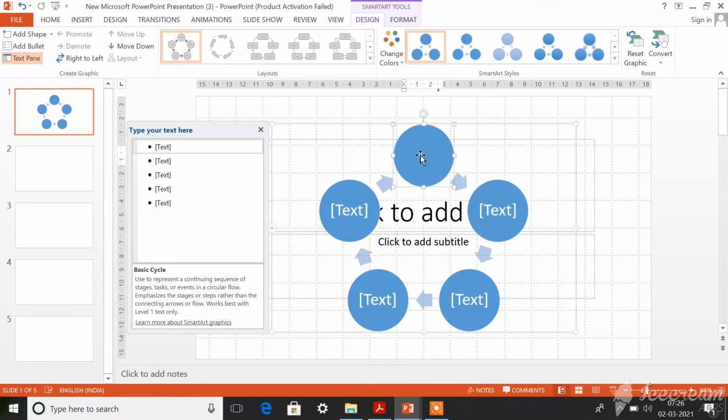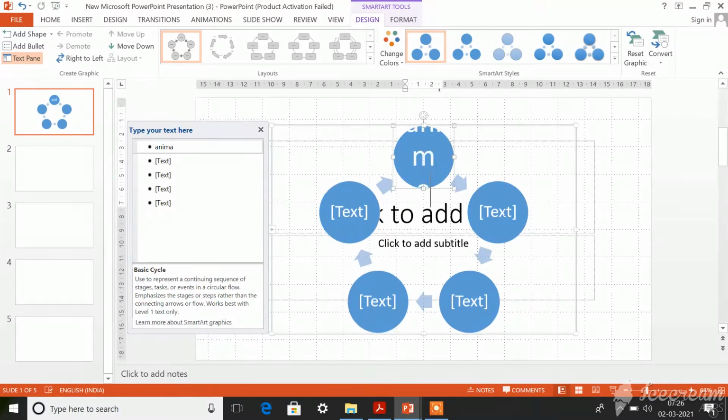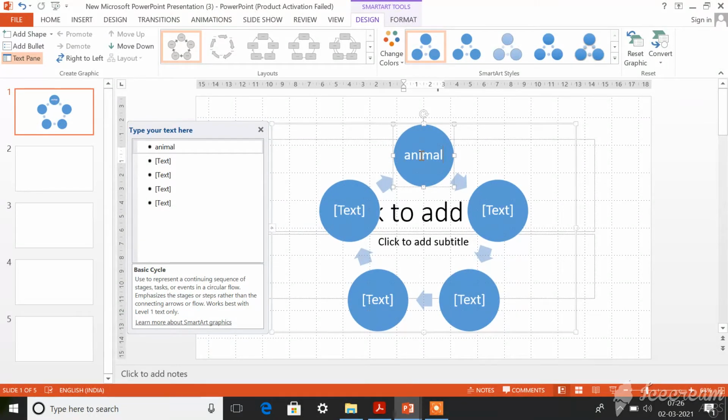So whatever you type inside this, for example I type here animals. I type animal, and you can see in this dialog box next to this diagram, in the first point whatever I typed inside this is visible here. Similarly, if I type something here, that will be visible here.